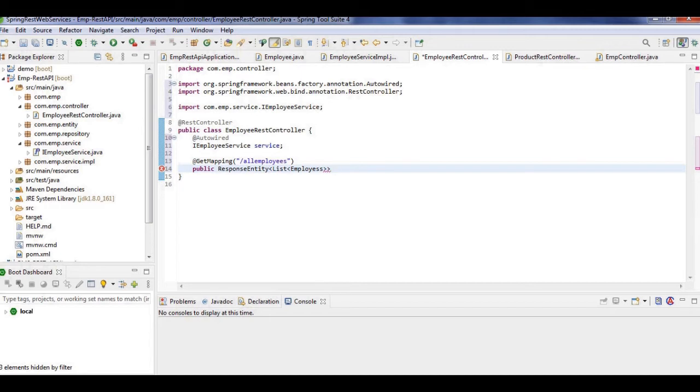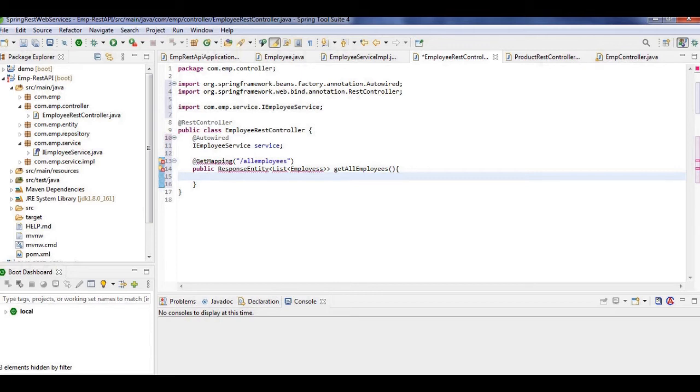So I can mention it like this: getAllEmployees, the function name. Okay, some appropriate name. My keyboard is creating a bit of an issue, so please excuse me for that.